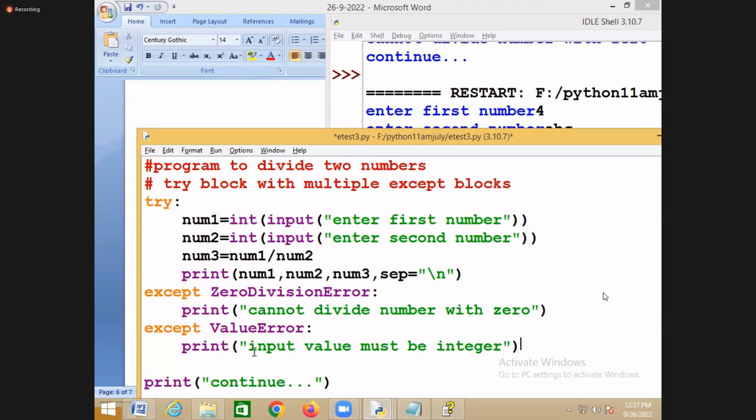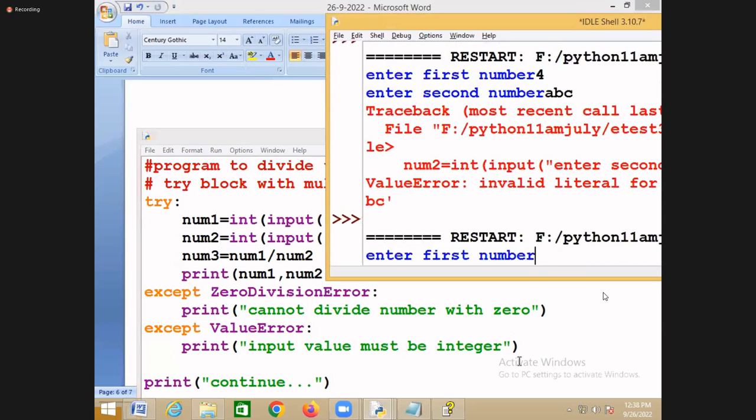So who is giving this value error? Who is generating this value error? This value error is generated by which function? Integer function. If you are giving the wrong input to this integer function, it generates which error? Value error. So immediately you'll get the message: input value must be which type? Integer type. Now once you run this,